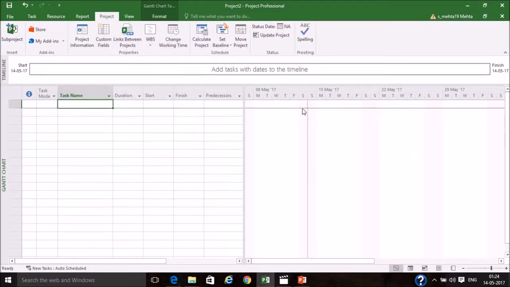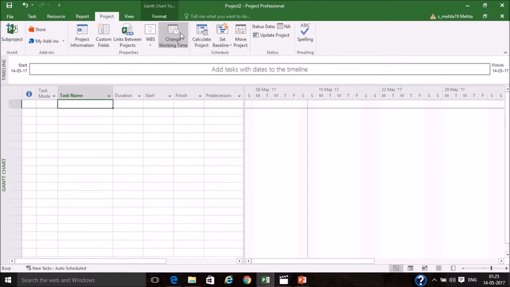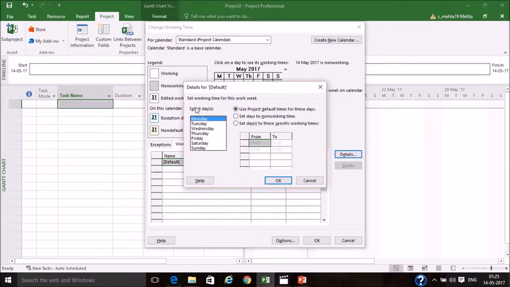Now, as I mentioned, I'll keep Saturday as working. So I'll go to Change Working Time. I'll keep my project as the standard calendar. I'll go to Work Weeks, Details. I'll select Saturday and set days to these specific working times. I'll manually enter